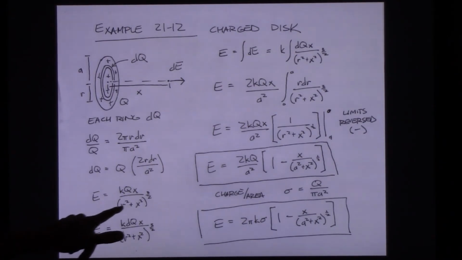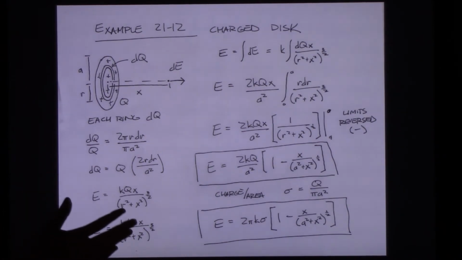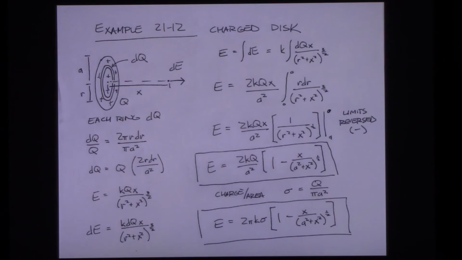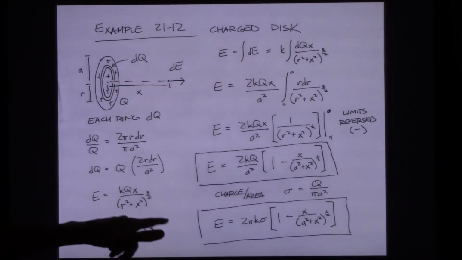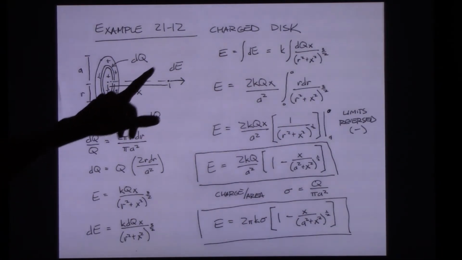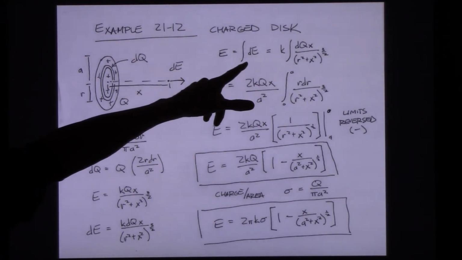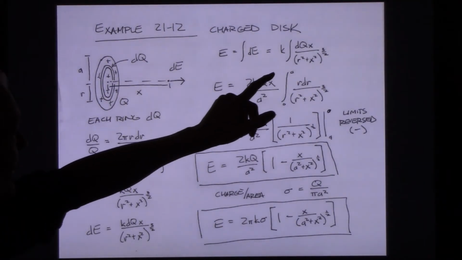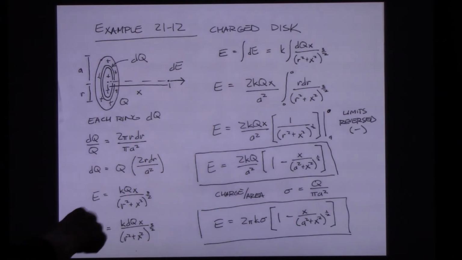Now everything else in here stays the same. Little k doesn't change, that's a force constant. The lengths are all still finite quantities. It's just the q that becomes infinitesimal. So this is what I want to use when I'm adding together the effects, the E field contributions from all of those rings. All right, so to get the total electric field, I'll add together the dE for each one of the rings. That's going to be this expression right here,